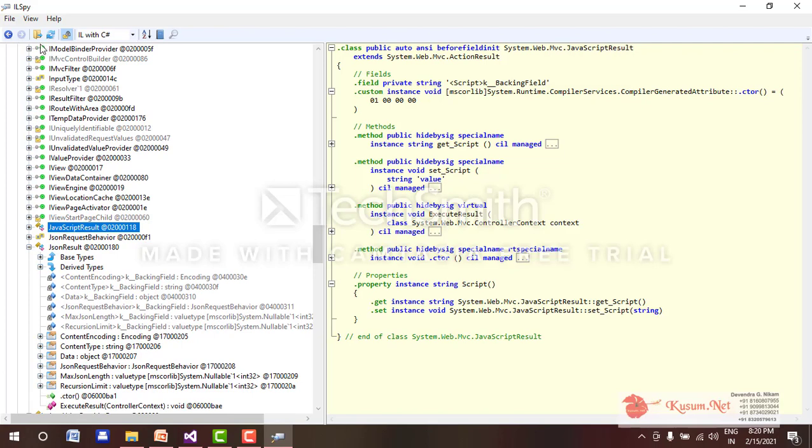This ILSpy exe will decompile the .NET Framework library files.